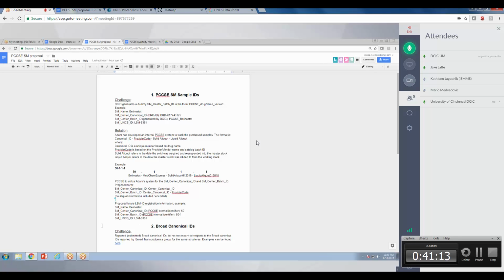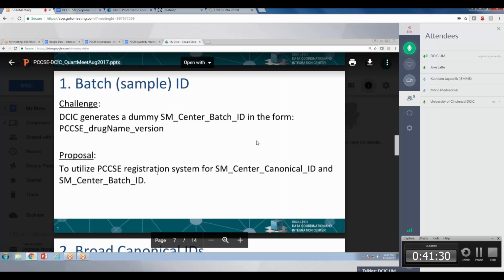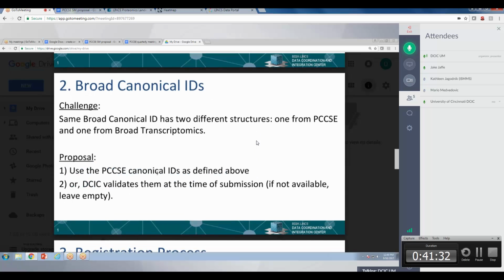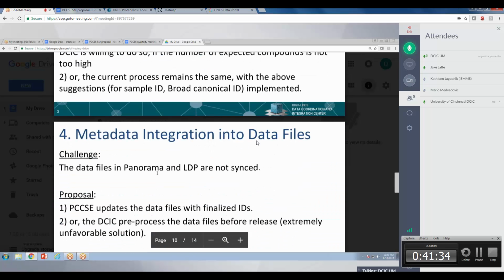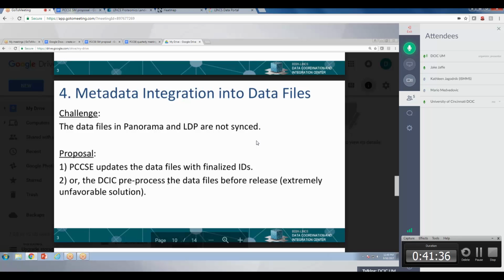So ideally, let me go back to the slide. So let's suppose that this is how we should proceed. So, can I make a comment on this? I think this may be a way to do it, but I would recommend to you guys, if you want to use this moving forward and beyond just looking at very well characterized drugs that have a very distinct name, and where it's pretty clear what it is,